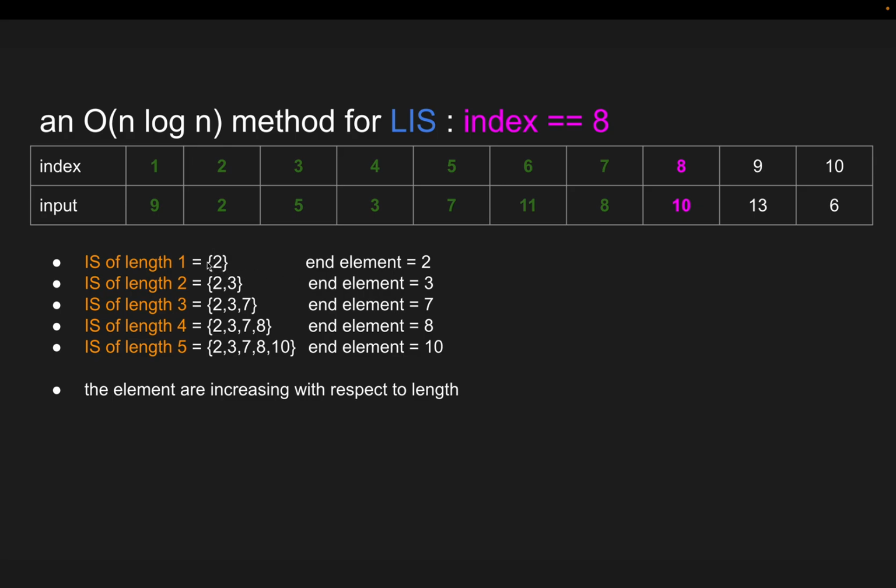The end element is 2 for length 1. The end element is 3 for length 2. The end element for length 3 is 7. The end element for length 4 is 8. And finally, the end element for length 5 is 10. So with respect to length, 1, 2, 3, 4, 5, the end elements are increasing: 2, 3, 7, 8, and 10. So once we read a new integer,